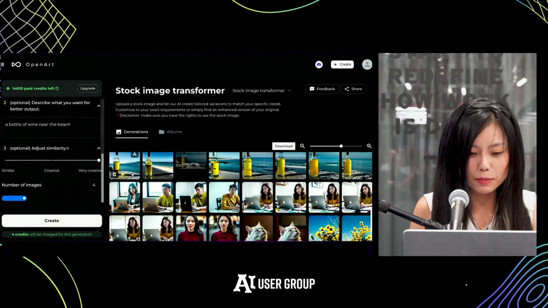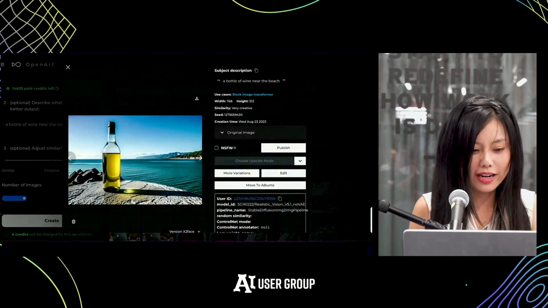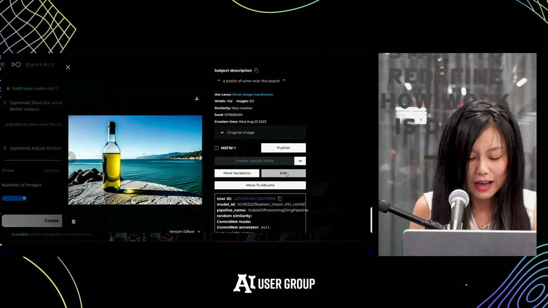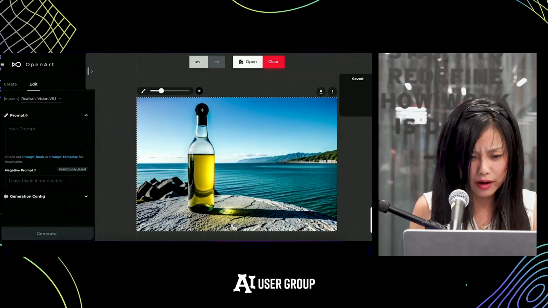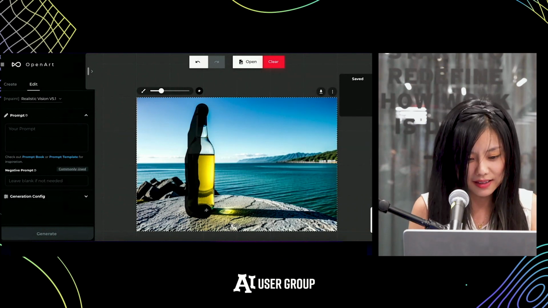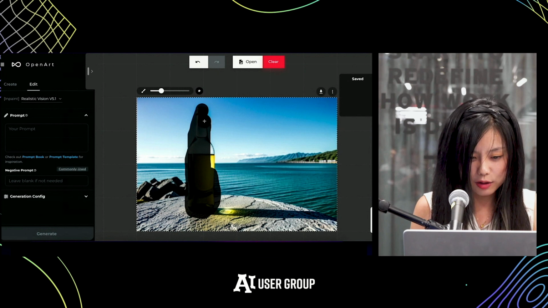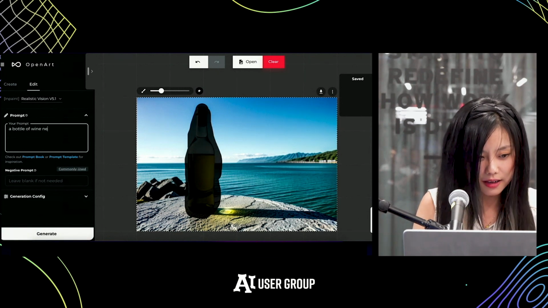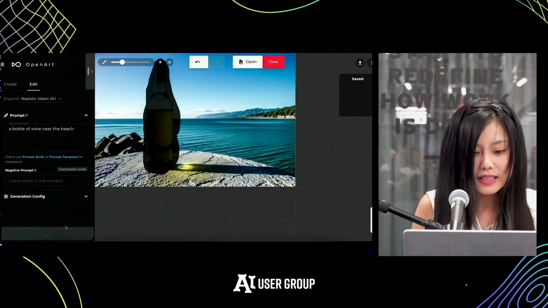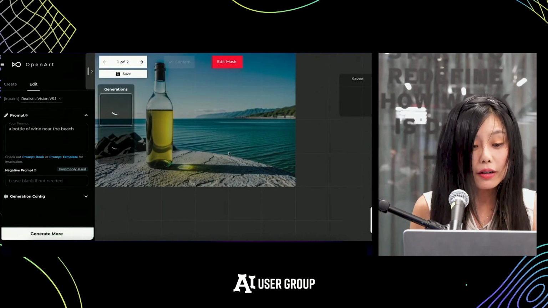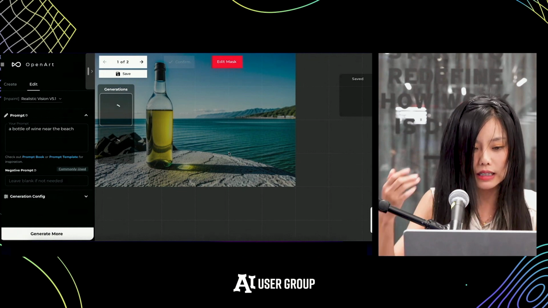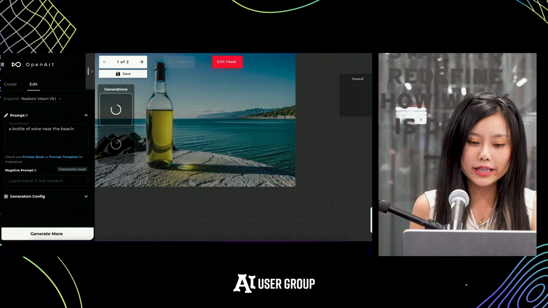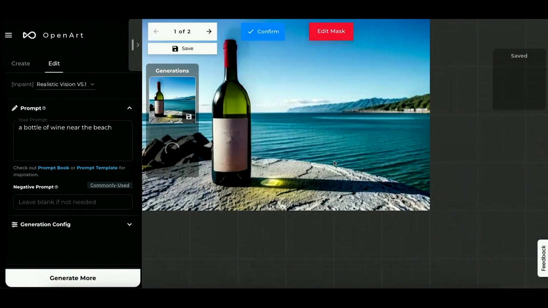And so in this case, because AI really failed us to generate a bottle of wine, we do have a feature called Magic Brush, or inpainting, as some of you know, where you can inpaint it and tell it a bottle of wine near the beach. So this is what I mean by having better control of AI, because instead of generating the whole image again, because I already like the vibe, I just ask it to partially change it.